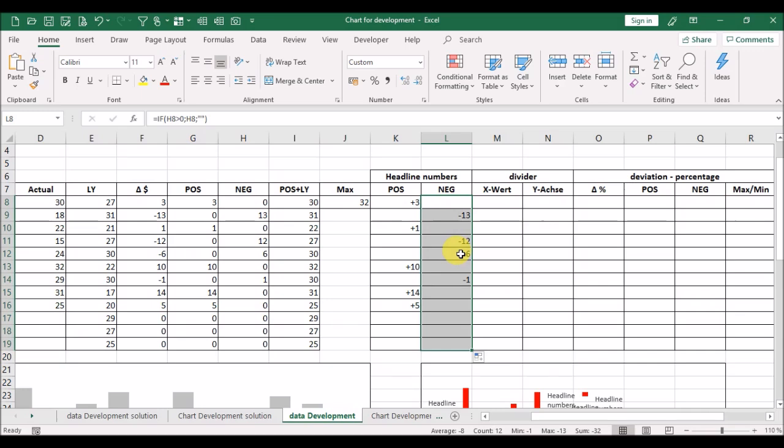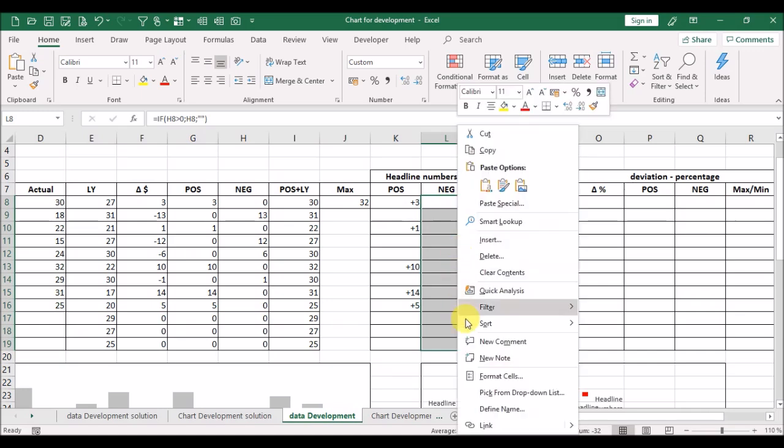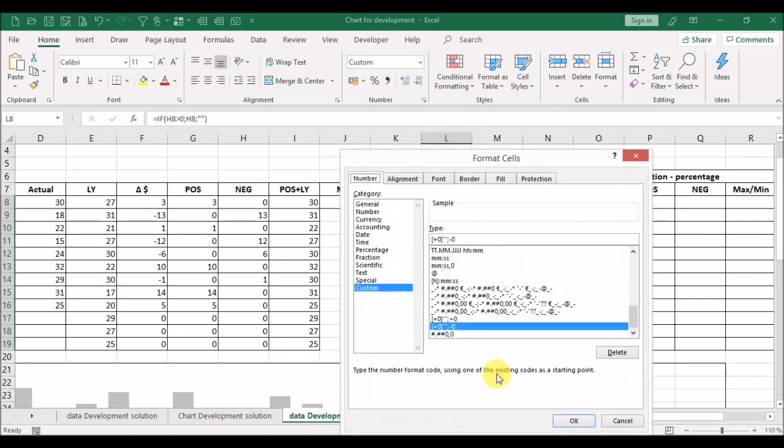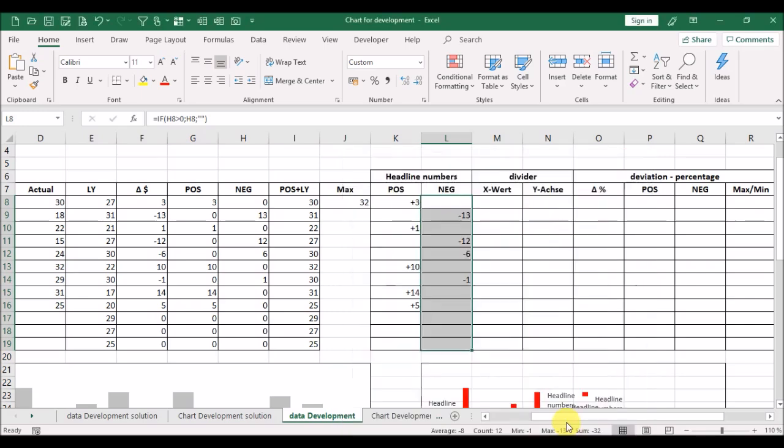And here we click the right mouse key for format cells, and here in this case we have for custom the type: square bracket open equals 0, square bracket close, quotation marks, semicolon, and -0. And okay, in this case we have a negative value in contrast to that one.